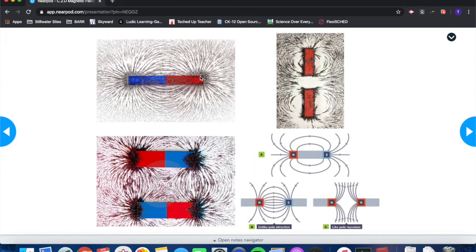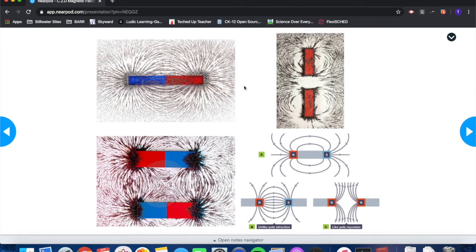Alrighty, so besides just using a compass, you can actually visualize magnetic fields using iron filings. I've got a bunch of different ones here. You can see right here in a simple bar magnet, the magnetic field shown using iron filings. However, what we can also see is what happens when you have two magnets pointing towards each other